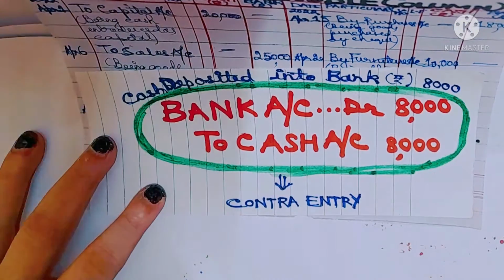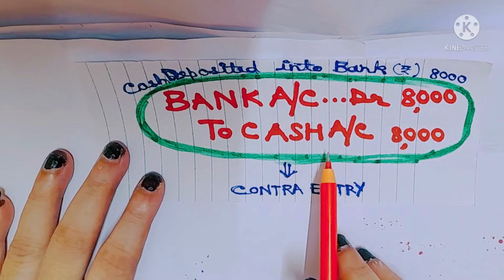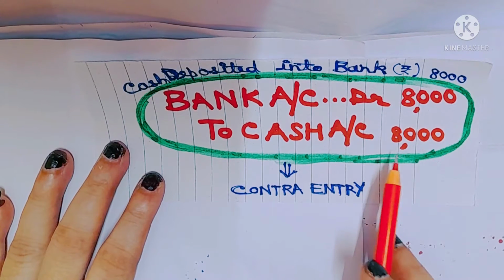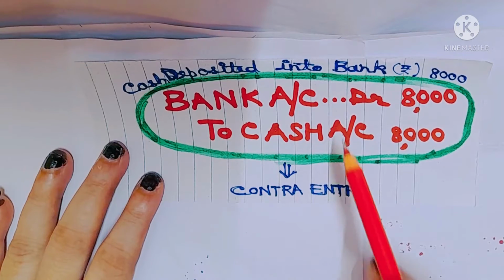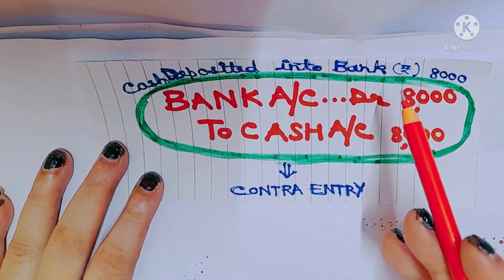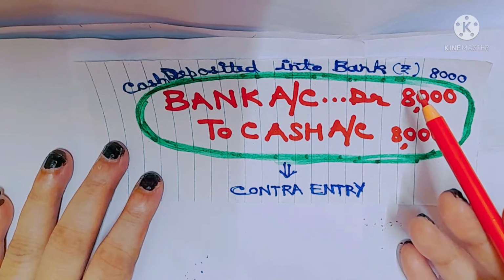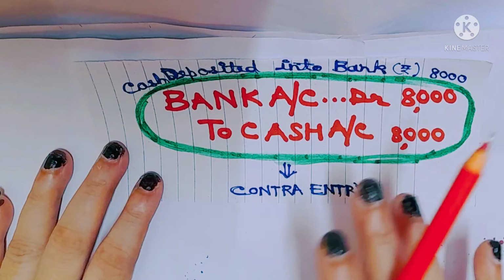Okay. So now let's see from the point of view of cash account. What is the position of cash account? Since cash account is on the credit side, bank account will also be on the credit side. You may ask, why am I looking at the position of both bank account and cash account? Because in the cash book there are two columns, the bank column as well as the cash column, both